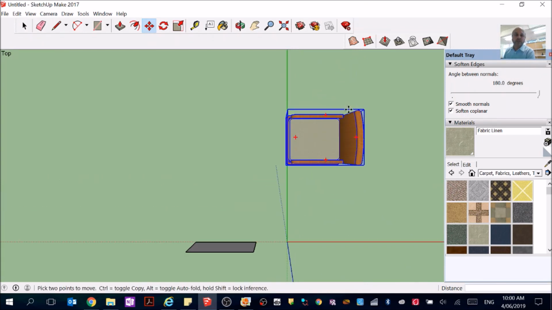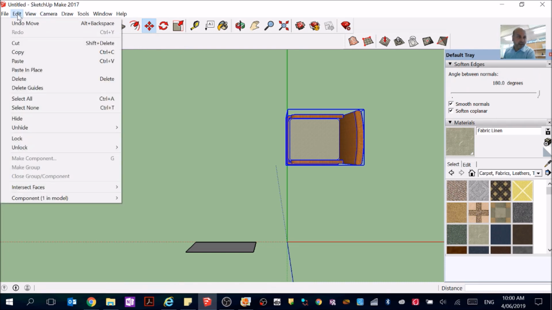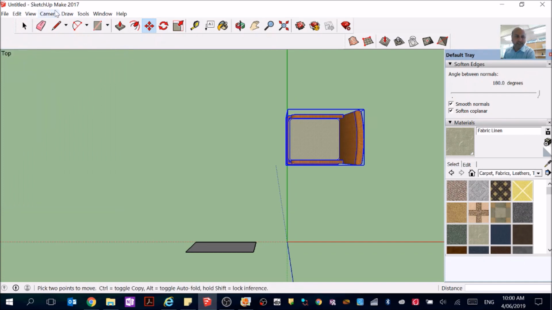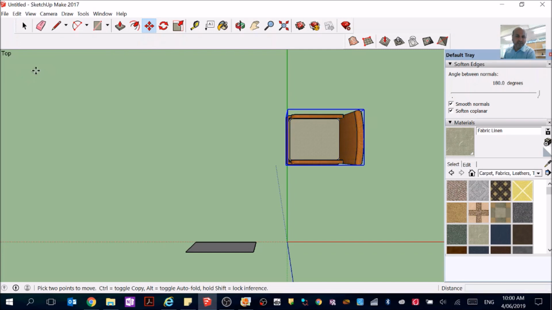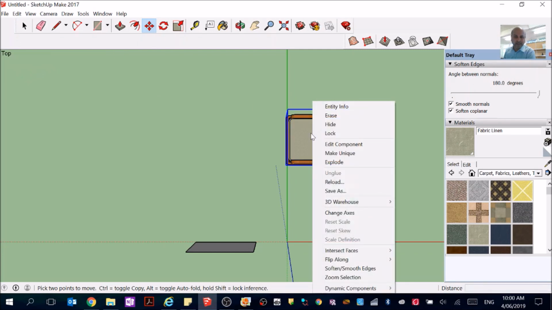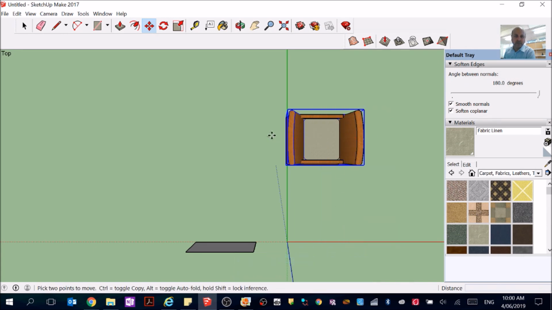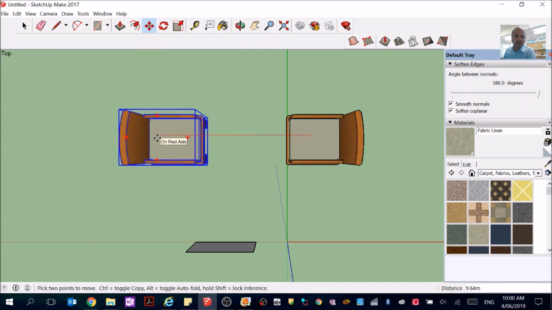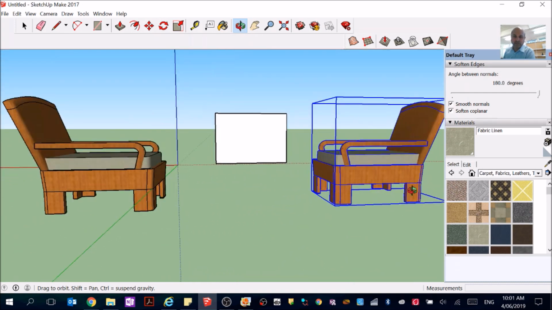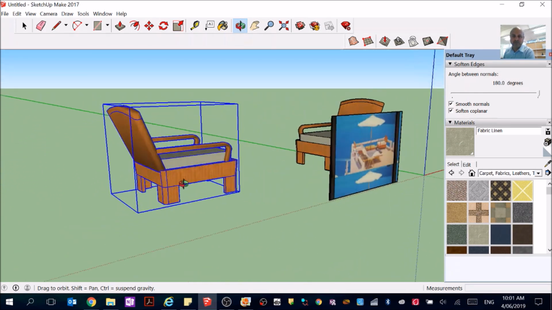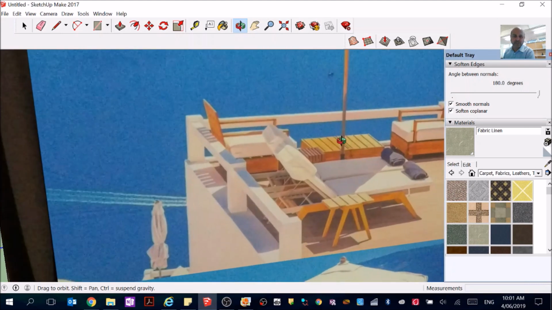Now I would want you to look at what I'm going to do. I'll say edit, copy. I'll simply say edit, paste in place, and I'll right click here, and I'll say flip along the red component. So I got two chairs here, and I'm going to move the other chair slowly out from there, and I literally got two chairs sitting in front of each other like this one here. Okay,